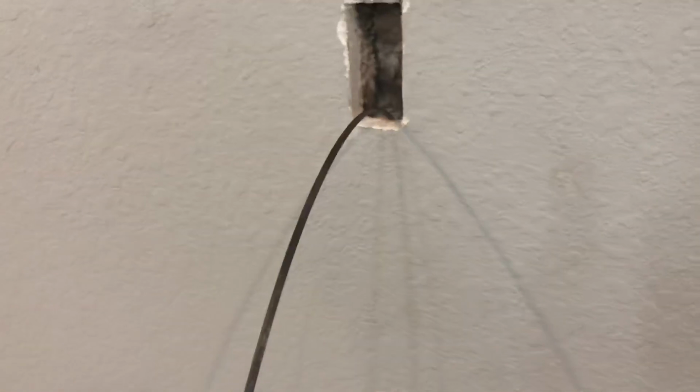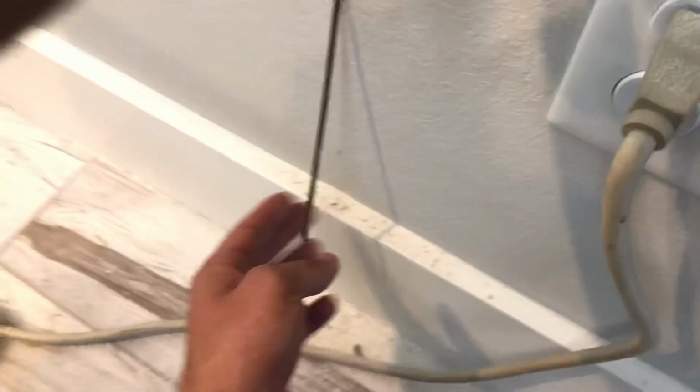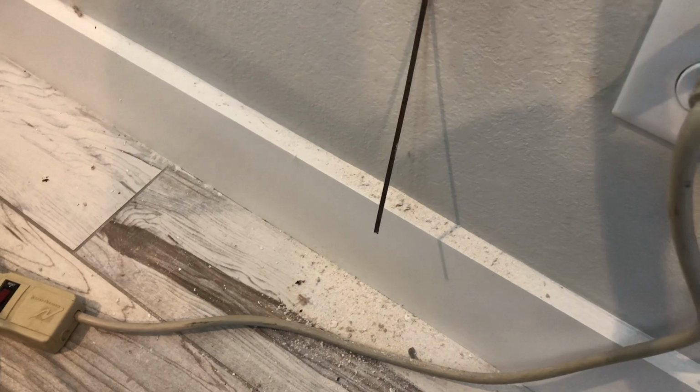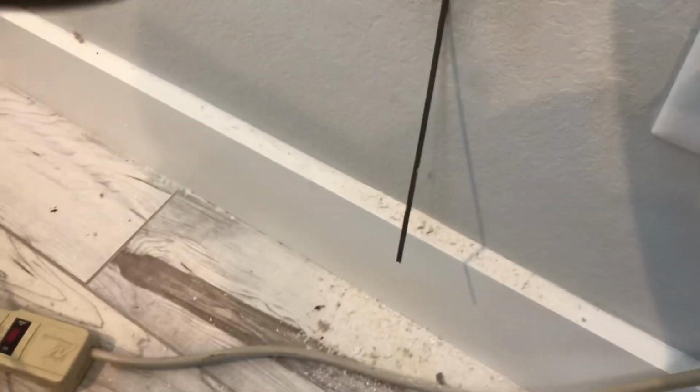Here I have a 25-footer. And for those of you who do not have one, it is a necessity. You just got to have it, period. And I like to use a straight end. Yes, it is more likely to jab into the insulation, but it's also less likely to pull as much junk than a hook would. And what I'm gonna do is tape both of my cables, I've already taped them together right here,